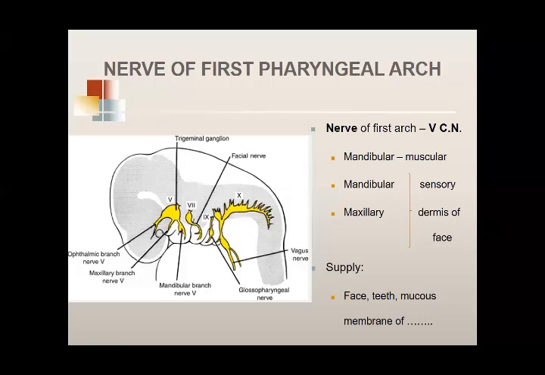ये supply करती है face को, teeth, mucous membrane, the gums, etc. All these are supplied by the gums, nose, nasal cavity, mouth, etc. All this is supplied by the